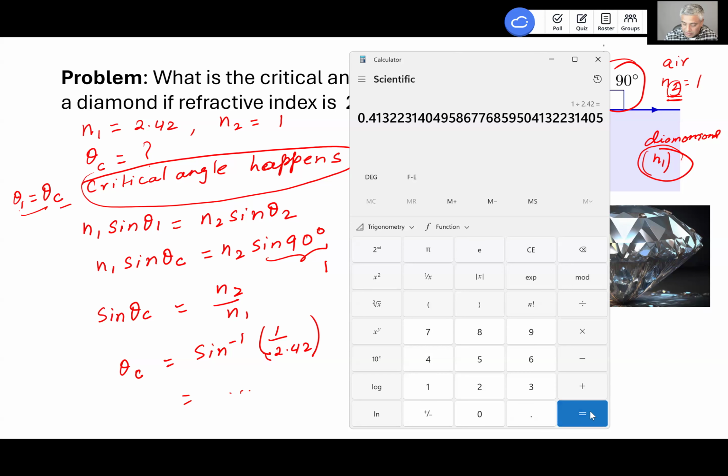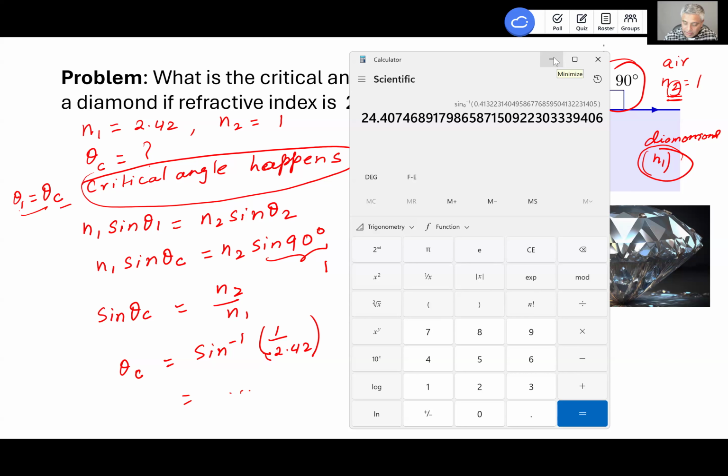Okay, so that's that. And then I want, oh, looks like this one wants the sine typed first. Oh, we need second functions, and that is inverse sine we see here. And when we do that, we get this 24.4